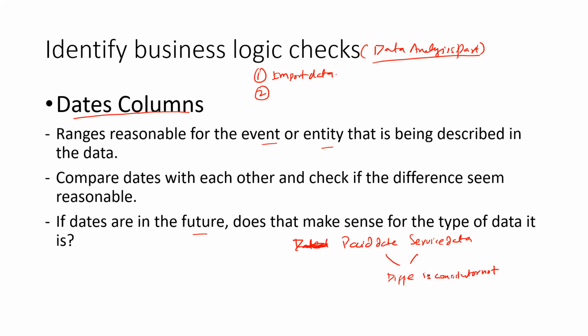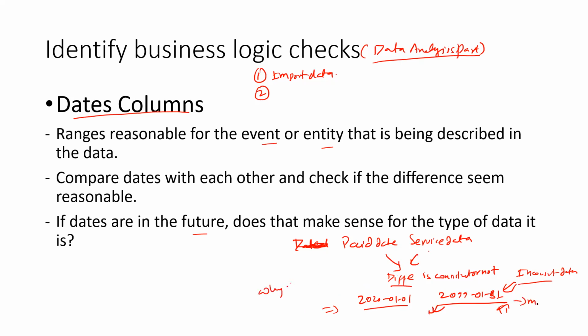If the difference is not consistent, suppose one is giving me a future value, for example my paid date is 2020-01-01 but my service date is 2009-01-31, this is a clear-cut inconsistent data we see. So what should we do for this data? If you have a date field, do a comparison of your dates and check if you have any future date or not. If there is a future date, then look into why you are having future dates,